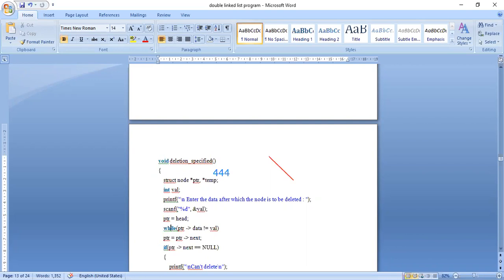From ptr of the first node, I will start and travel until the value is encountered. Whenever ptr of data is equal to val, automatically I will stop there.